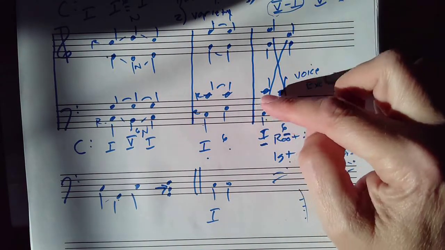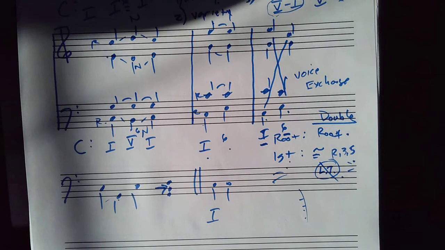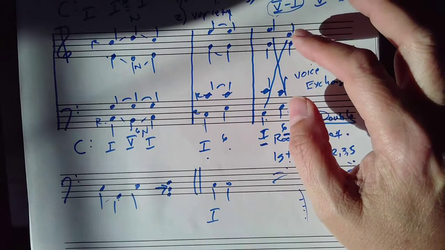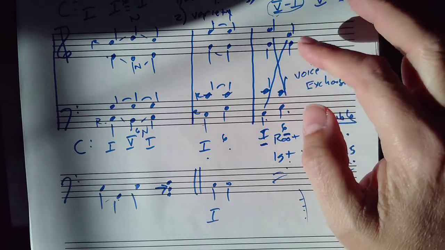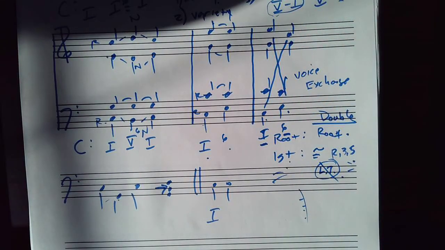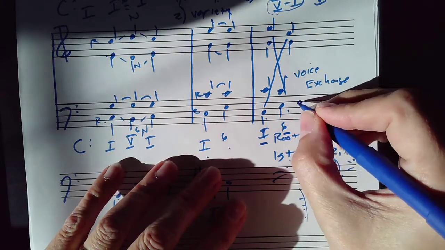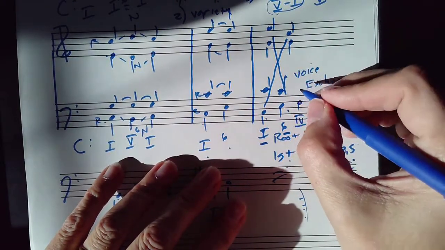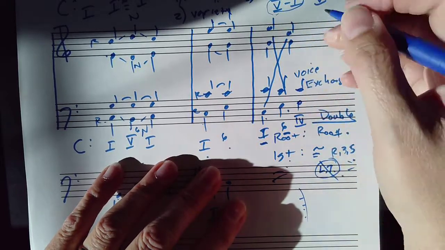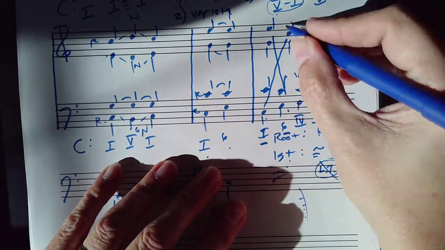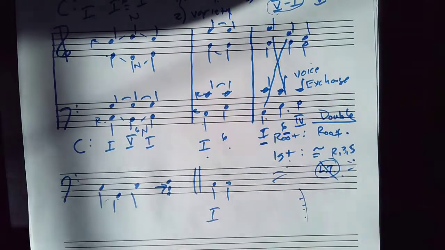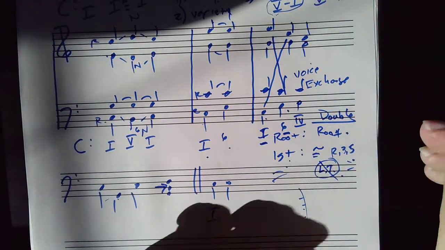So if, for example, this was going into a root position 4 chord next, then it might work better to have this voice exchange here giving us 2 C's, because then if it goes to 4, watch what happens. This C can sustain, this G can go here, and this A can go here. It's very, very smooth. Okay. Here,